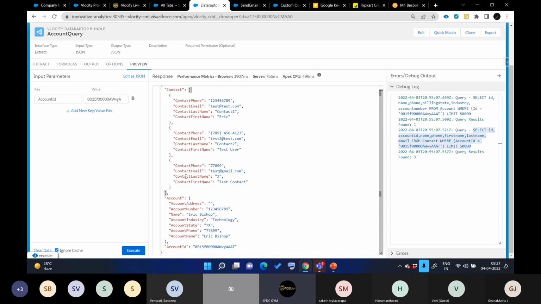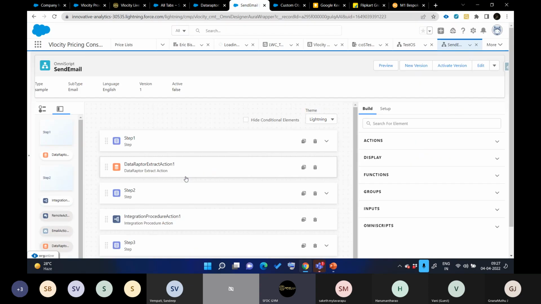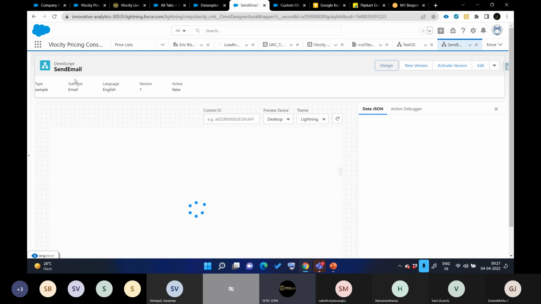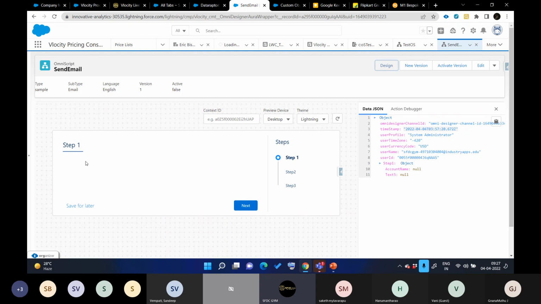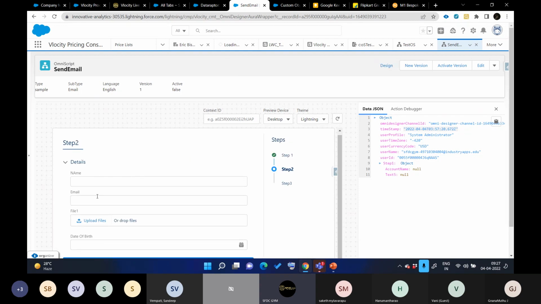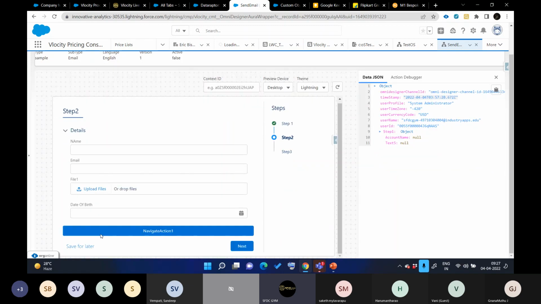They need a UI. For any UI things, we need OmniScripts. This is the OmniScript. There we will bind the data raptors. This is the data raptor; we need to bind it. Let me actually show you a preview as well. So OmniScript is a place where you actually view something to the user. This is the skin, basically. If I do the next, you will see there is a name, an email, a file, date of birth, all those things.